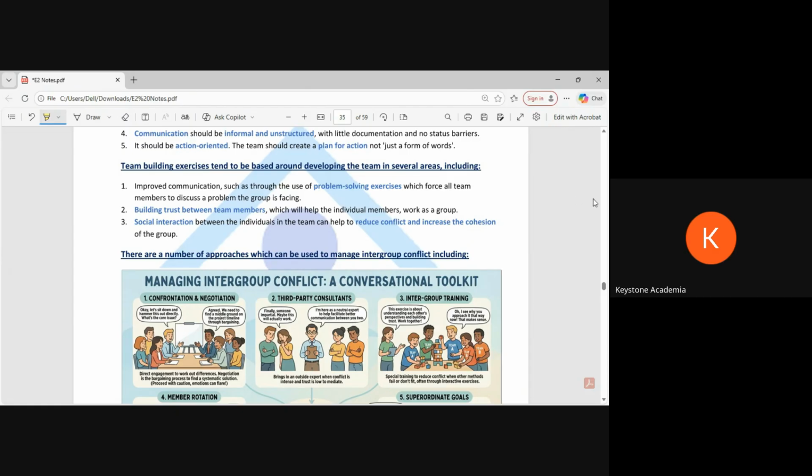So what we need to know from this and the next chapter, in simple words, is what type of questions can come: how to manage a team, what is an effective team, and in team management they will obviously also ask about conflict. Where people are there, there can be conflict, or they can ask other aspects like how to motivate, what should be done, what should not be done. What should not be done is like what can affect people's performance. How we can set up policy, or what kind of leadership style can help.